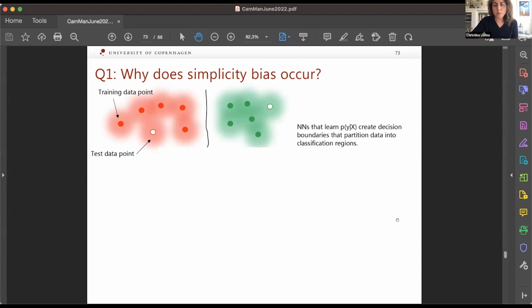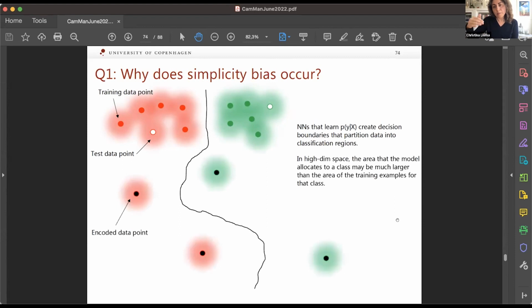You see here an example where we have points classified as green and points classified as red. And what happens is that these real concrete input points are internally represented, they are encoded, and they are lifted into a high dimension that is not necessarily interpretable by humans. So we have embeddings and so on. We have high dimensional representations of our data.